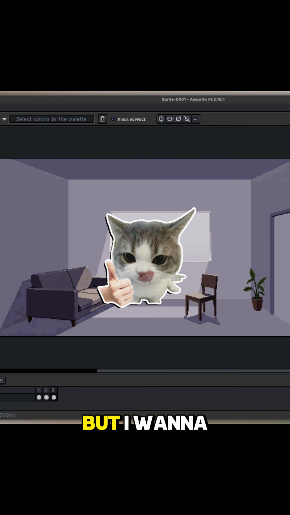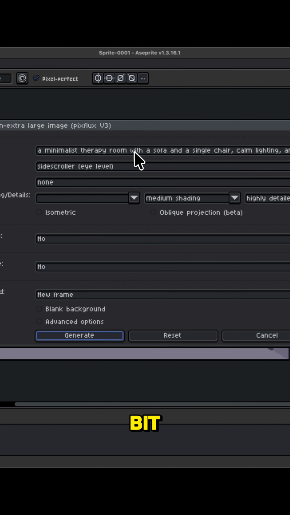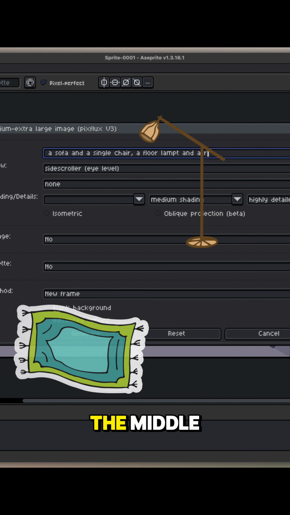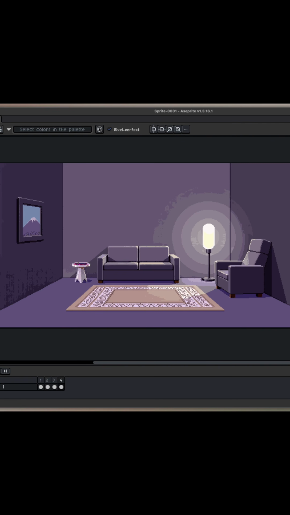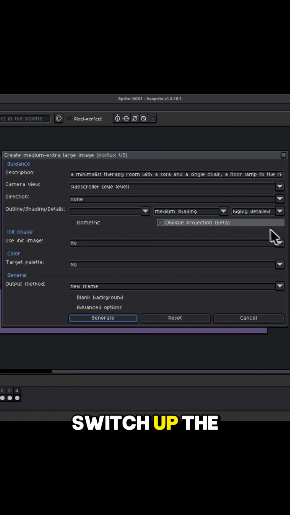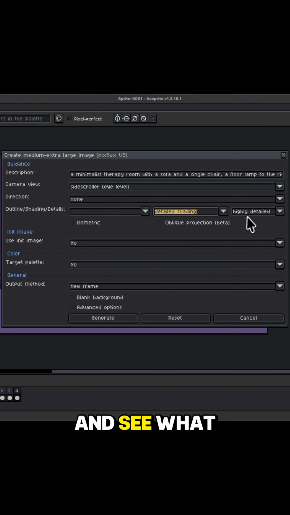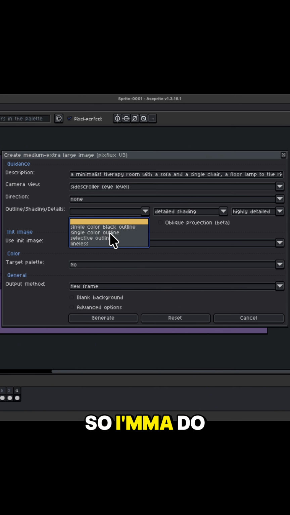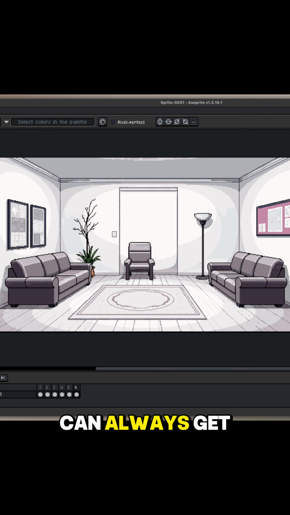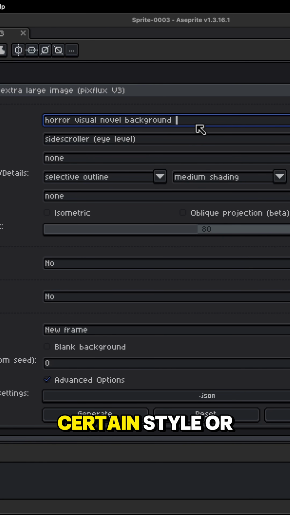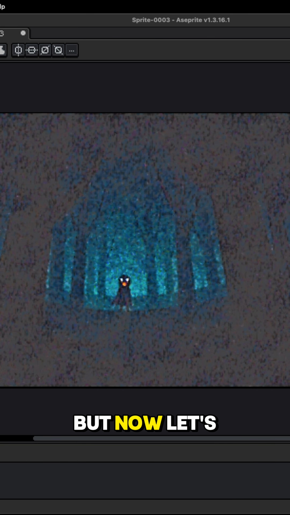That was alright, but I want to try and change the prompt a bit. Let's add a floor lamp and a rug in the middle, just to make it a bit more interesting. Again, we can switch up the settings just a bit and see what else we can get with this prompt. So I'm gonna do detailed shading and selective outline. And yeah, you can always get more creative by describing a certain style or color, but now let's get into